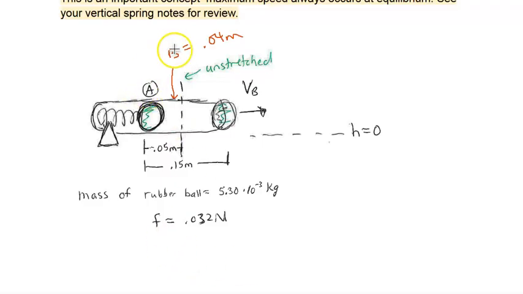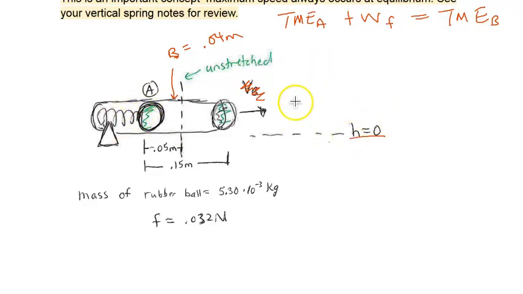Okay, so now we're going from A to this B. This was from previous. So we're going to say TME at A plus the work done by friction equals TME at B, which is equilibrium. So if you want to call that E, that works for me. Okay, so at point A, we are at sea level, so we don't have mgh. We have spring stored energy. We are not moving. So it's just all spring stored energy plus the work done by friction